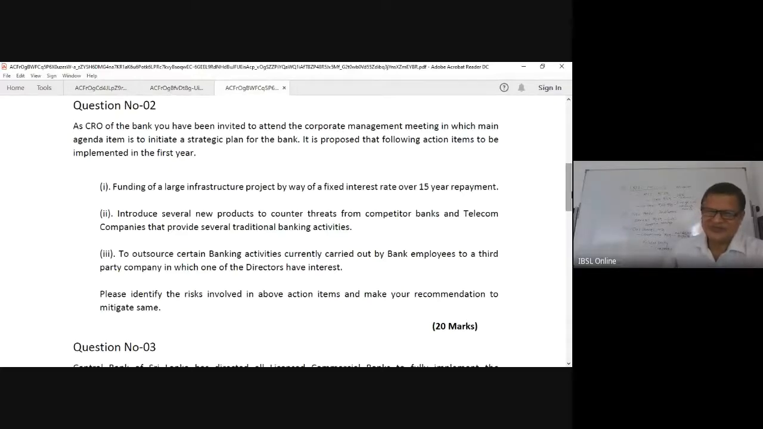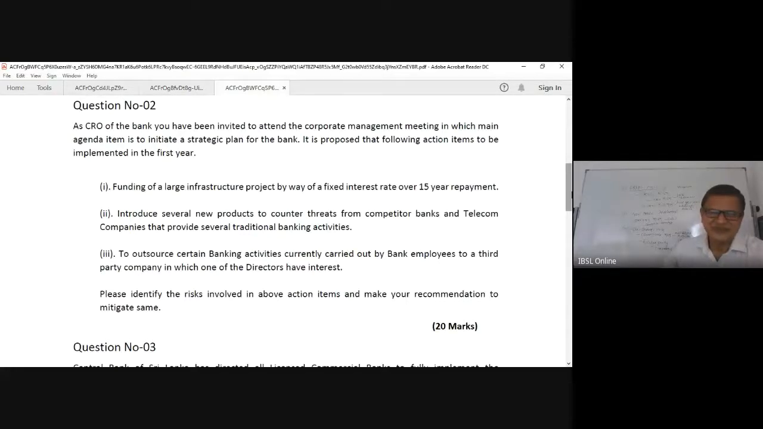And you need to mention some solutions to that, which I said you can give it for a certain period at a fixed rate. To avoid credit risk, you need to have a good evaluation. Introducing several new products is a strategic risk, and we said you can mitigate it through SWOT and